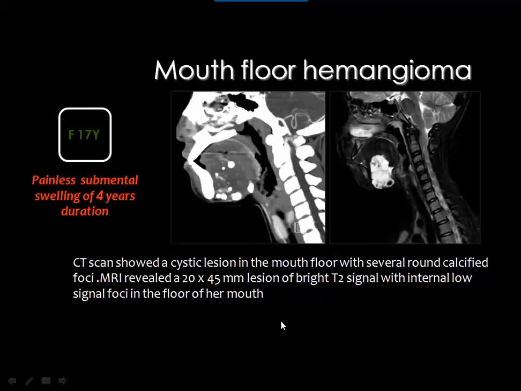Also, sometimes you are confronted by this lesion, which is classic in appearance by CT and by MRI. This lesion is a cystic lesion in the floor of the mouth with multiple foci of calcification representing phleboliths. And you know the presence of phleboliths in an enhancing soft tissue mass is one of the helpful diagnostic criteria for hemangioma of the floor of the mouth. And hemangioma will appear of very, very bright signal in the T2 weighted image, and you can see within the hemangioma some of the phleboliths, but you know that CT is more sensitive for detection of calcium compared to the